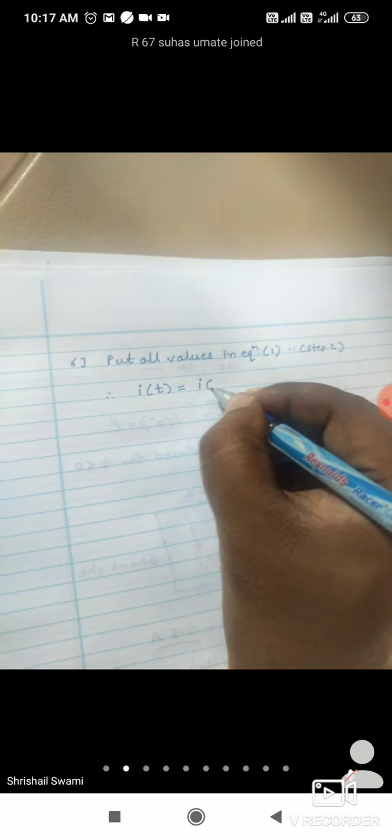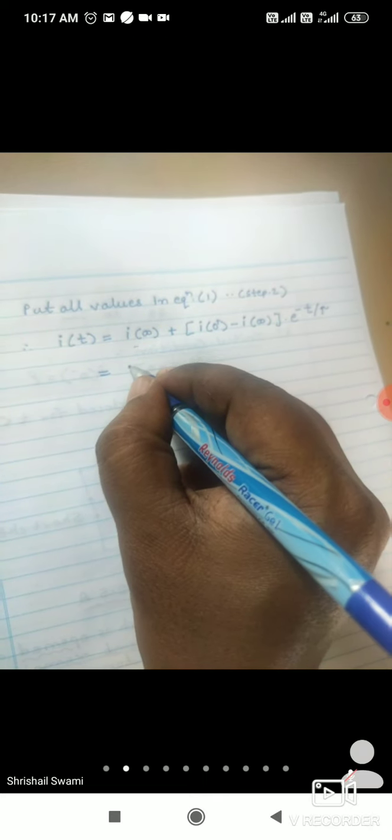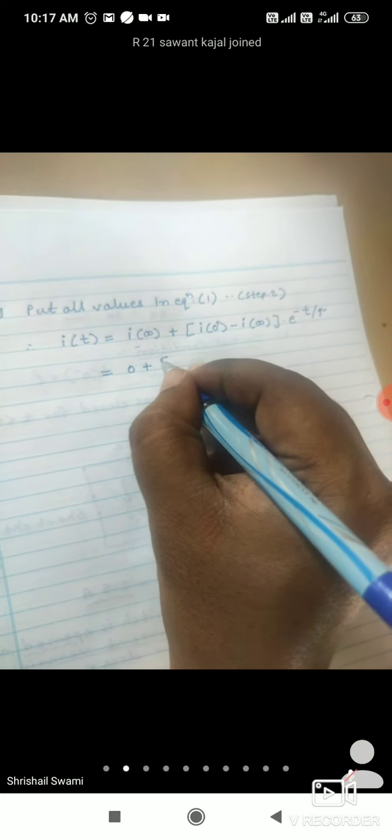I of t is equal to I of infinite plus I of 0 plus minus I of infinite, into e raised to minus t divided by tau. So I of infinite is 0, plus I of 0 plus is 2.5 minus I of infinite is 0, into e raised to minus t divided by